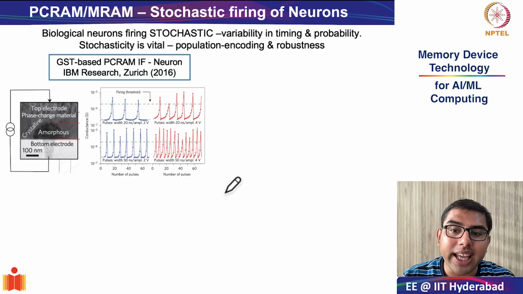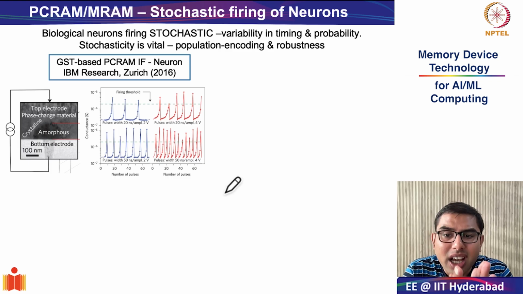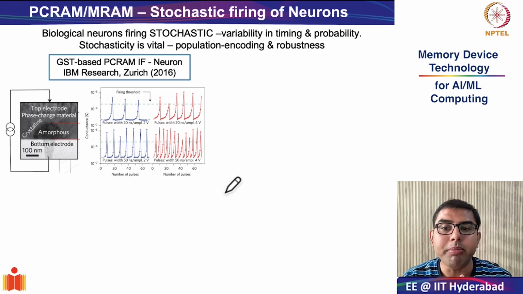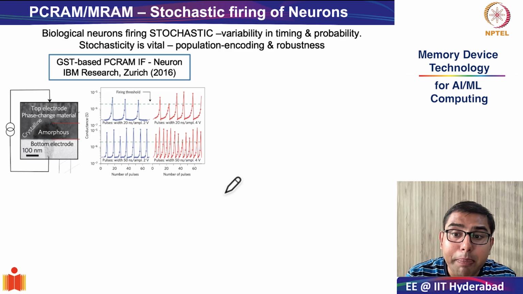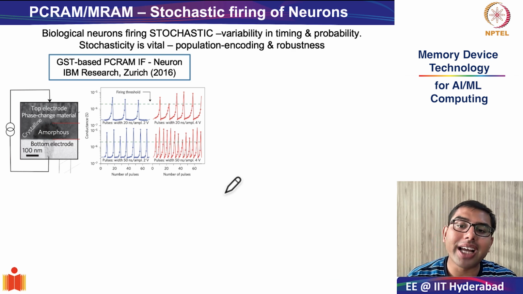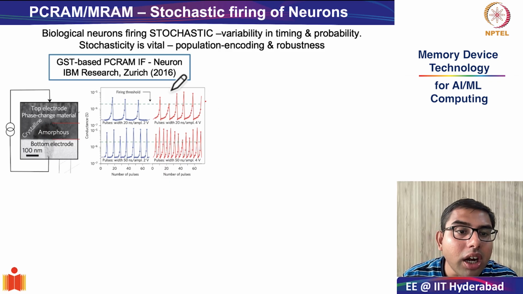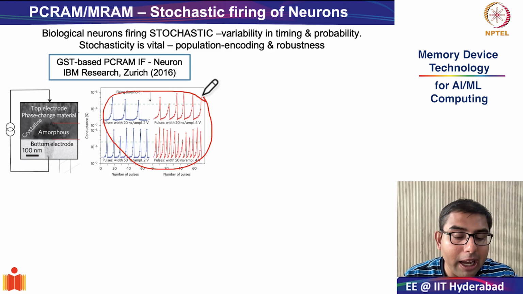Instead of operating the PCM in its usual non-volatile set-reset mode, they are biased near the threshold switching regime where the material exhibits volatile conduction, and under repeated voltage pulses, the device's conductance increases gradually, effectively integrating input energy over time, which is similar to the membrane potential in biological neurons and can be seen in